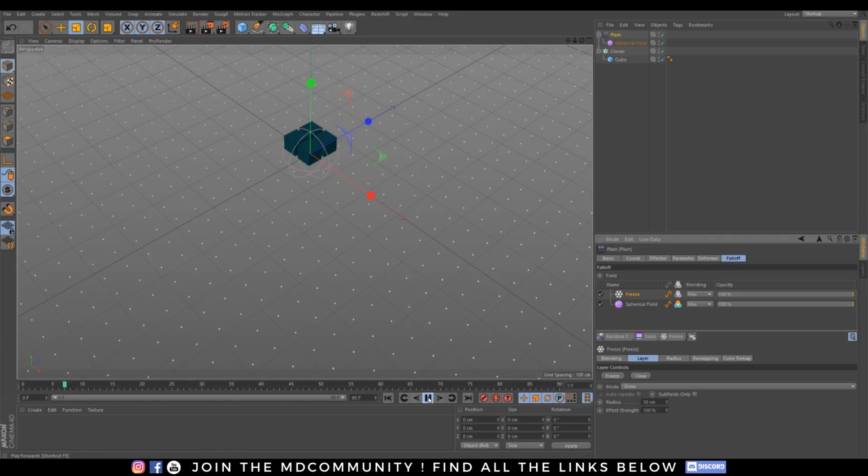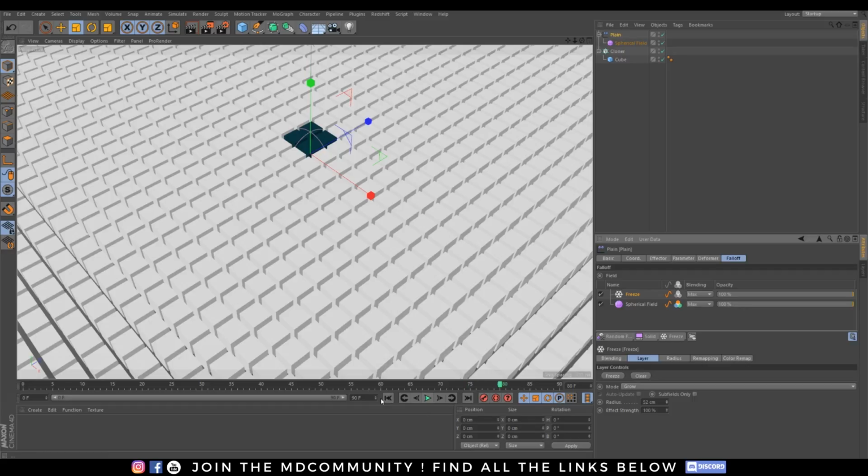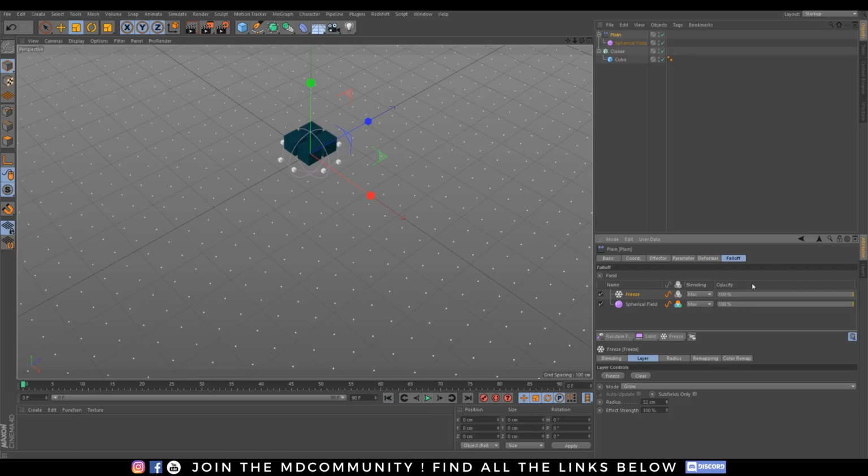If I click play, still nothing happens. I need to set the radius, and as soon as I see these little cubes, my effect will appear. Nice. I can also animate the spherical field to make a cool driven growth effect, but let's stick with this simple example.